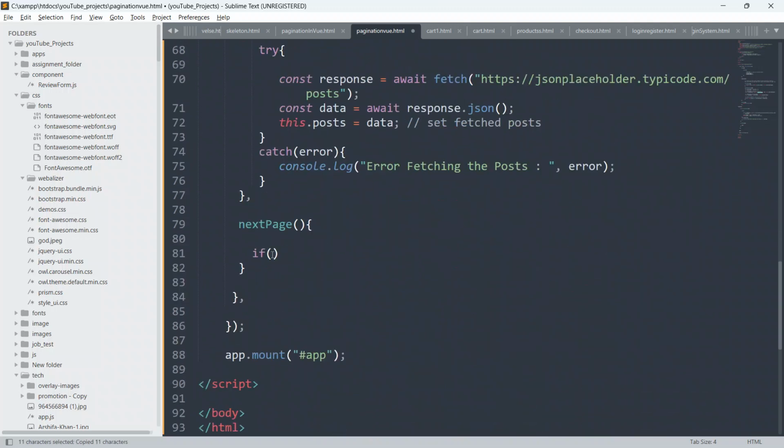So copy it from here and paste it here. This.currentPage is less than or equal to this.totalPages.